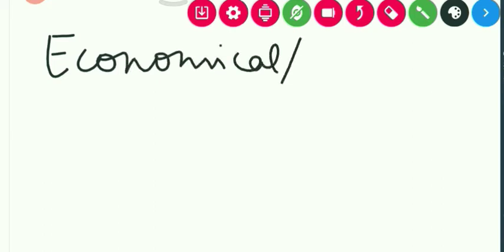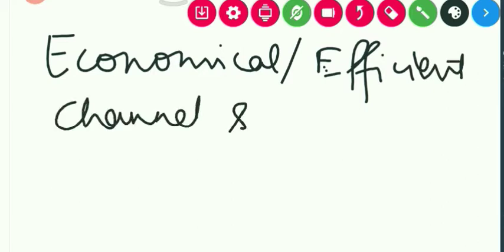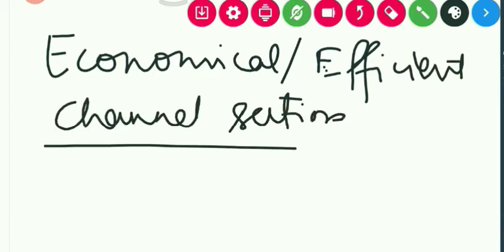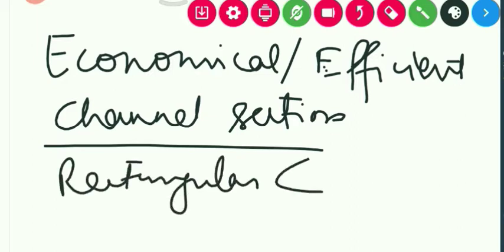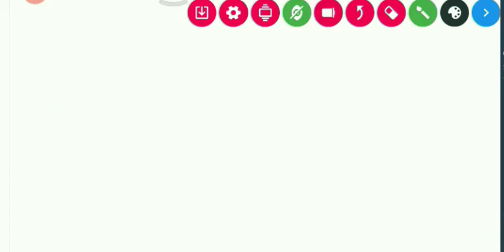In the last class we discussed economical or efficient channel sections, and in those topics we discussed rectangular channel and trapezoidal channel. In today's session we will see the concept of